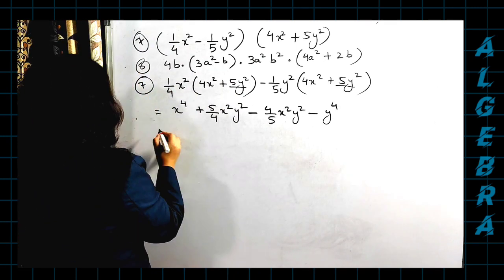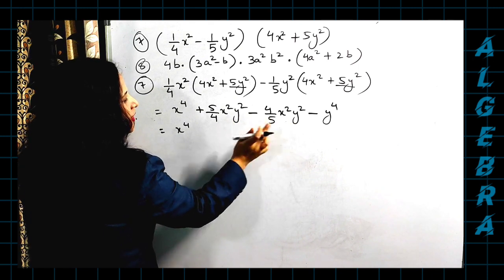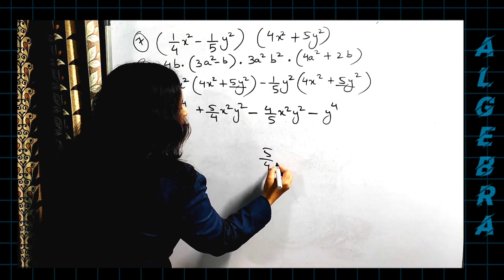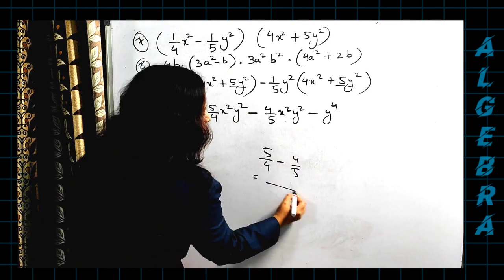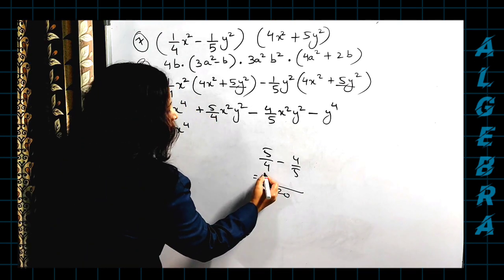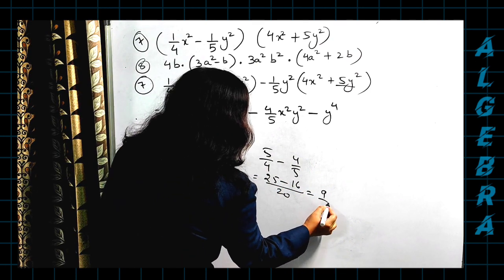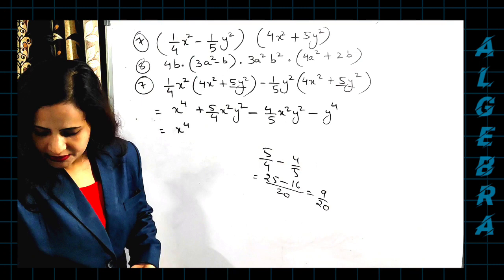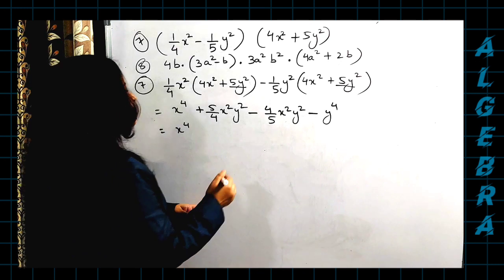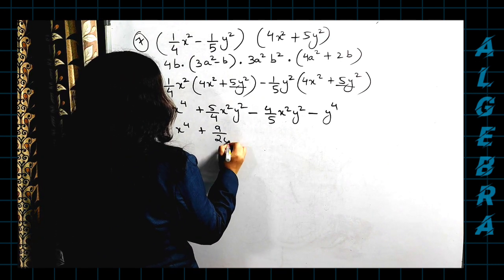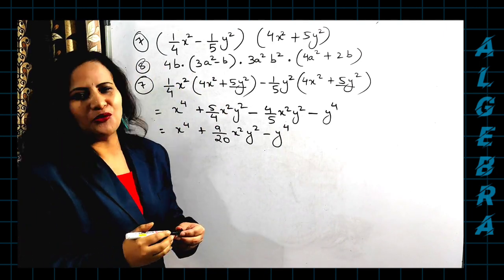Okay. So now we'll solve it. As you can see, these two are what? Like terms, x square, y square. So we can solve this. Just see it. 5 by 4 minus 4 by 5. This is plus 5 by 4. This is minus 4 by 5. LCM will be how much? 20. So you got here how much? 25, 4 5s are 25. 25 minus 16. How much are you getting here? 9 by 20. Plus 9 by 20. So you got here plus 9 by 20, x square, y square minus y to the power of 4. Clear?